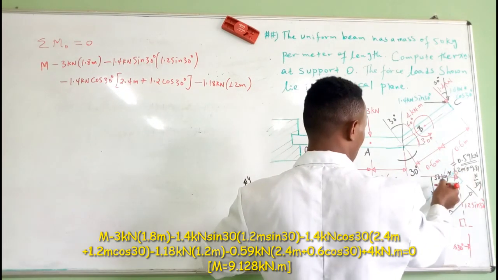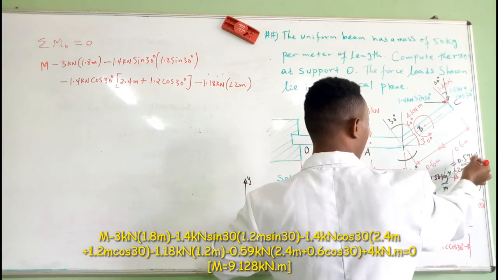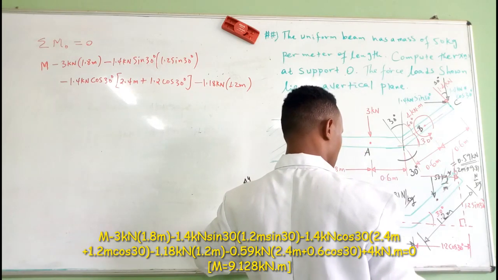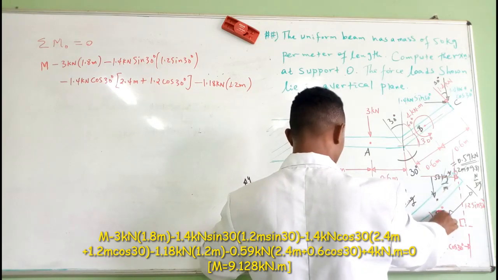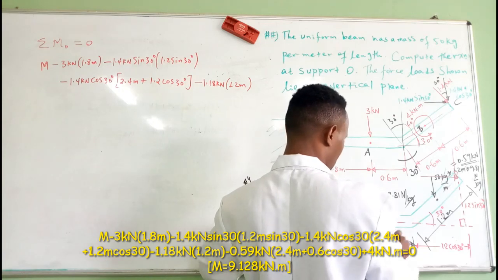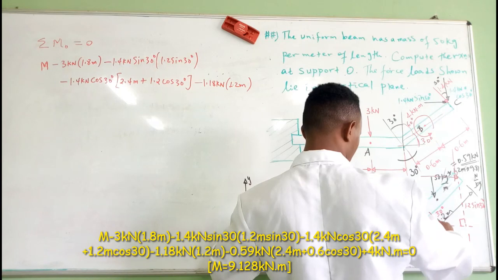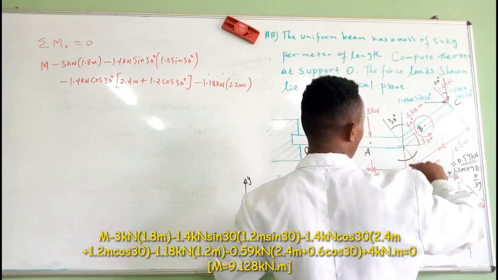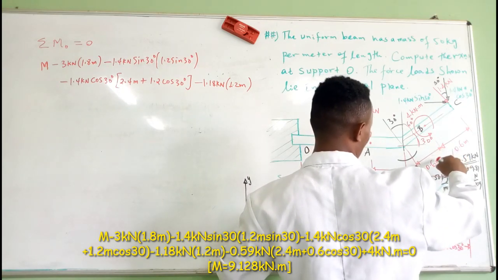I mean that one, it is equal to 0.59 kilonewton. It makes a moment at the perpendicular distance from here to here. So we can sum up 2.4 plus this amount. From here up to here it becomes, I put the distance, then 6. So when we resolve